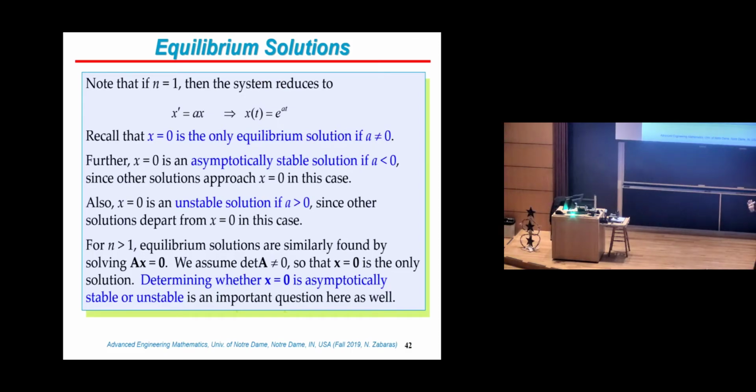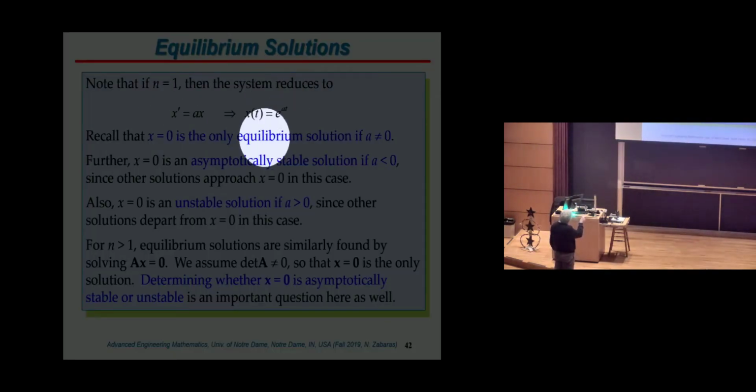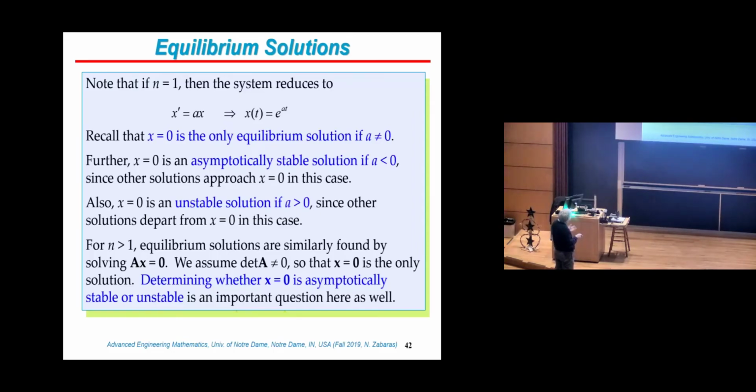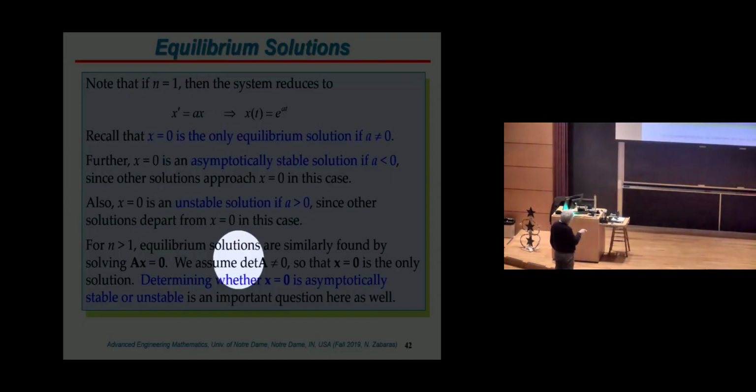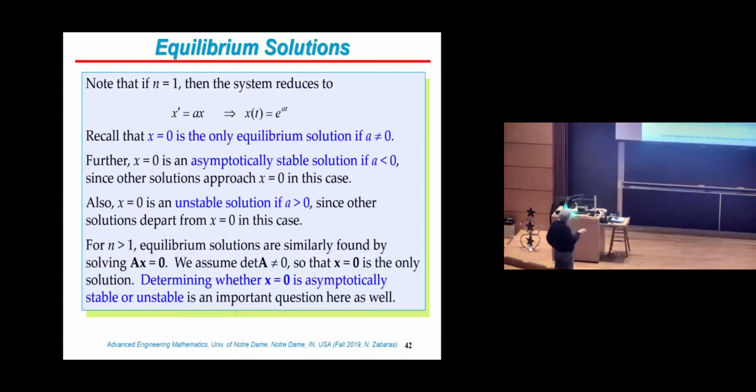Goes to infinity. It's unstable. So what I would like to do, in the lecture today and maybe the Monday the following week, is extend this idea for this simple equation to our system x prime equal Ax, right? And obviously the equilibrium point will be, again, x equals 0, but that's a vector. And I want to figure out if x equal to 0 is asymptotically stable, if all solutions will, as t goes to infinity, reach x equal to 0,